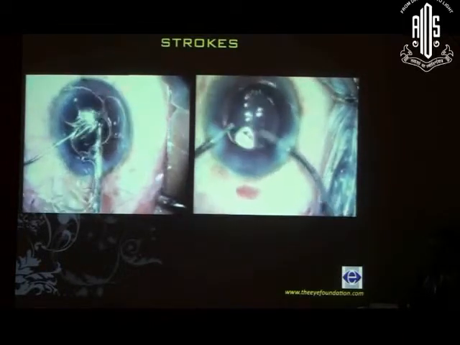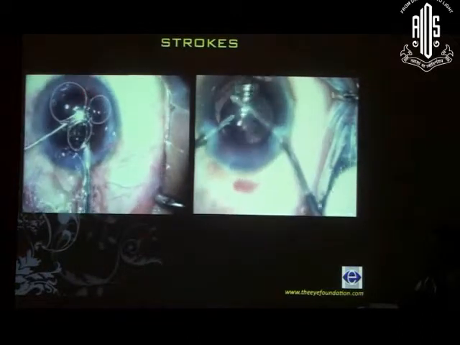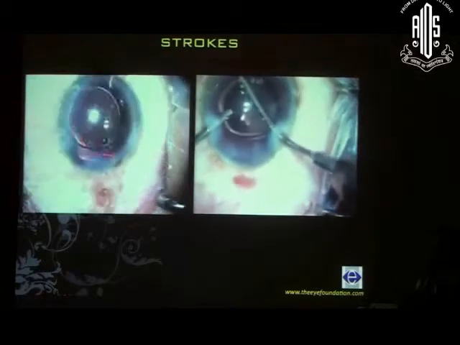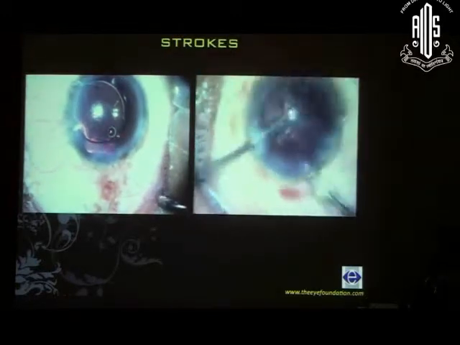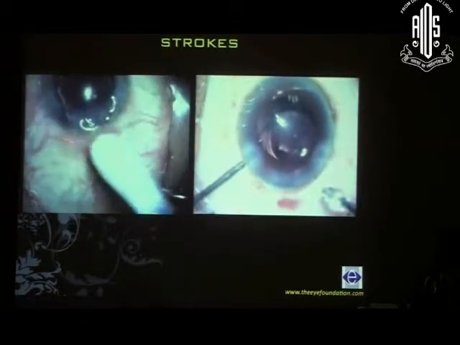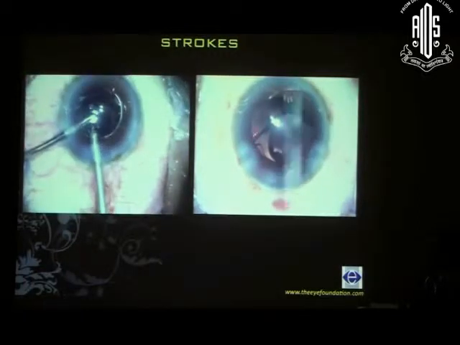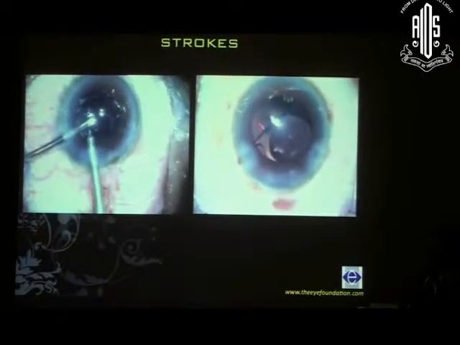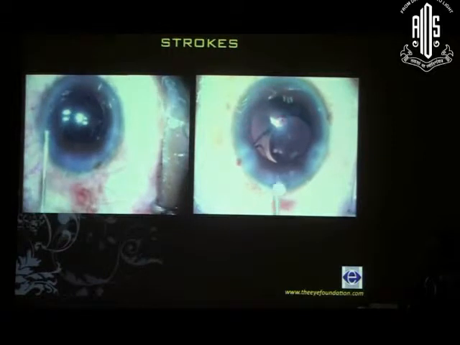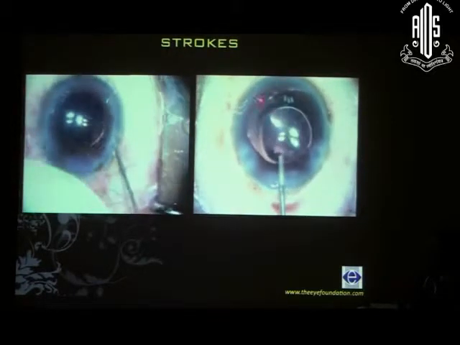But you have to ensure that the CTR slips into the bag. And once it slips into the bag, you have to nicely use a viscoelastic and then reposition the lens. And if there is vitreous presenting, go back and do the vitrectomy. In this particular situation, you can see that while doing the capsule polishing, I've gone and created a small rent, because at that point of time we actually go on to the next case and we forget that we still have a few steps left here.